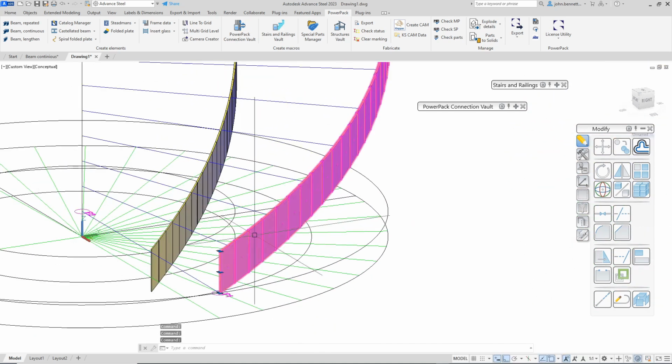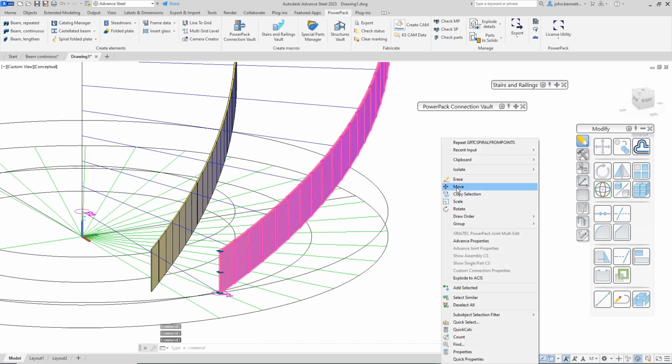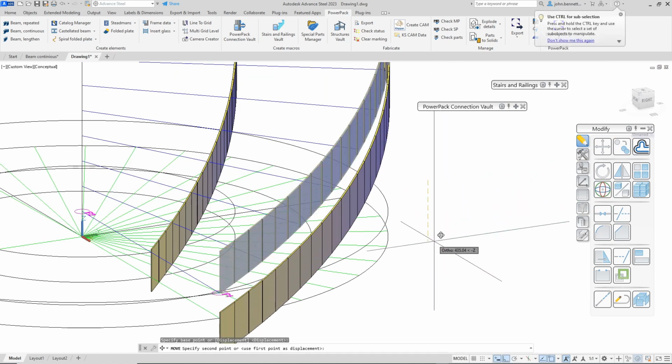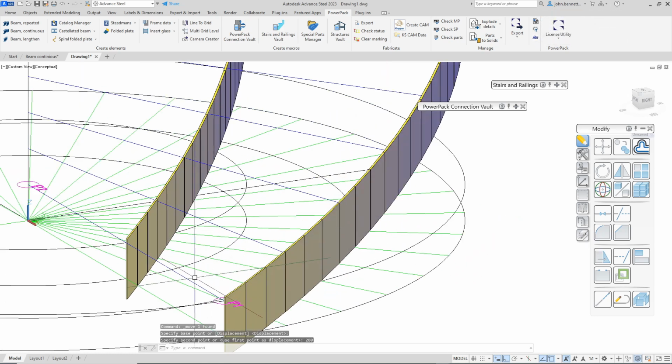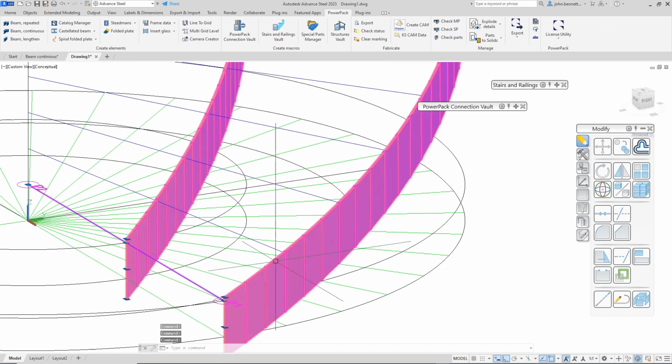My next step is, or my next tip is, if you just want to move this, you can pick it up with the AutoCAD Move and just drag it down using your ortho and move it down so to position it relative to the toe position of the stair. So in this case, this is my toe,